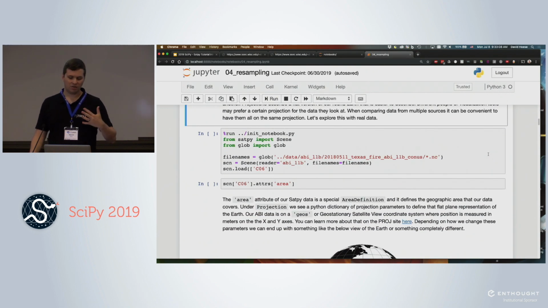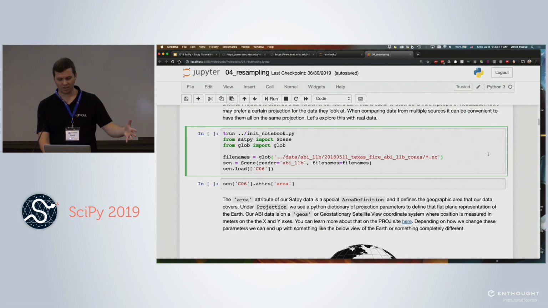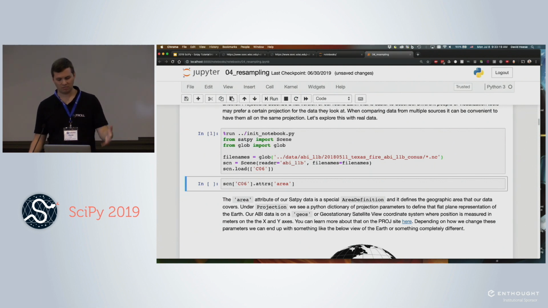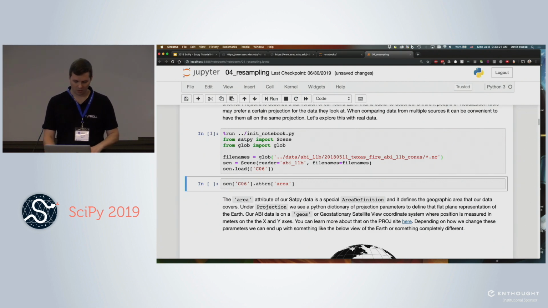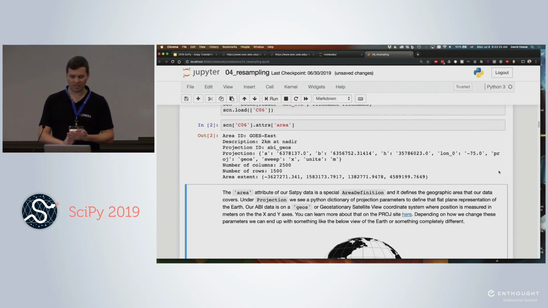Let's start peeking into this concept with SatPy. We're going to start with our first code cell loading channel 6. Everything's the same as before, same reader, just loading channel 6 this time. I'm going to talk about that area definition again. So if I print out this area definition,